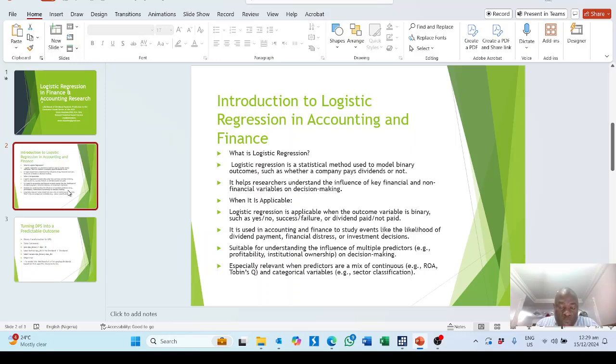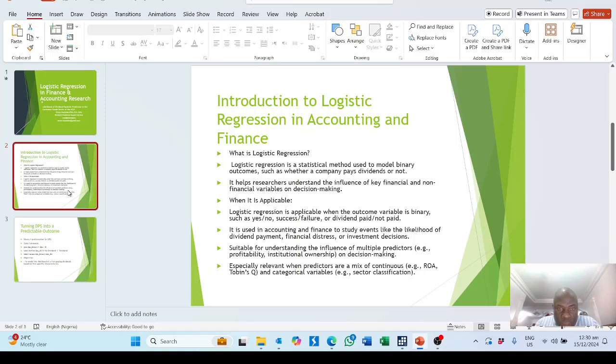When we talk about the outcome variable, we are referring to the dependent variable. So when your DV is a yes or no, success or failure, pay dividends or not pay dividends, in such a case, the best statistical method to use is logistic